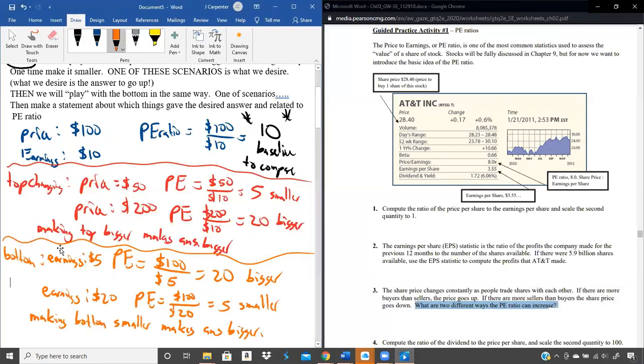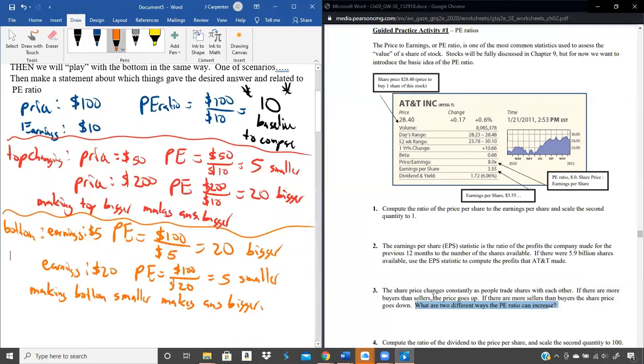Some people think we're done. We're not done. We have not actually answered the question, what are 2 different ways the PE ratio can increase? All we've done so far is say making the top bigger makes the answer bigger, making the bottom smaller makes the answer bigger. We need to use the appropriate words. We've got to be quantitative reasoning students. So what we say is,